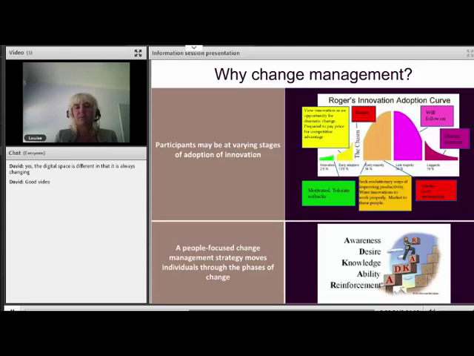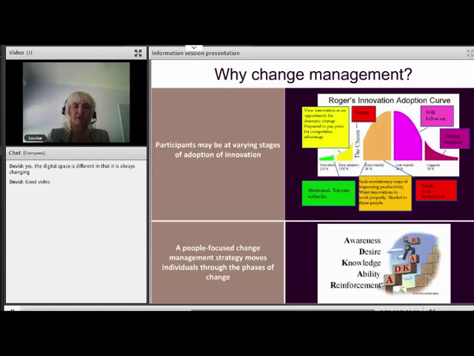I just want to go back to the types of teachers or their beliefs that you may have within your school site. So if you can see here in the green area, the first 2.5% of any site, approximately,